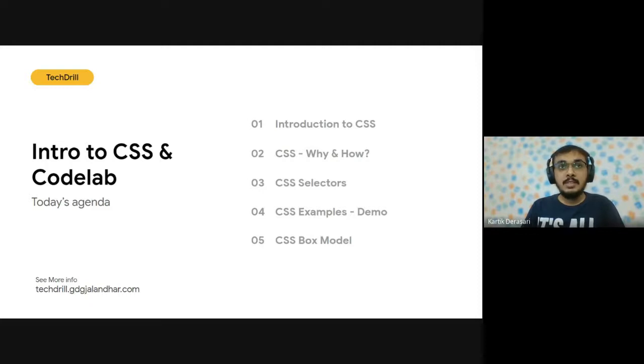After that, we'll see what CSS selectors are and how we can use them to write CSS. We will also see different CSS properties and values during today's class. And once we learn a little about CSS, we will learn about the CSS box model, which is very important to learn. So let's get started with CSS.